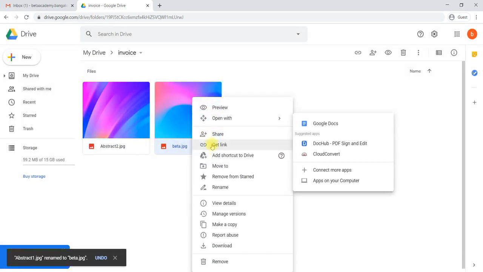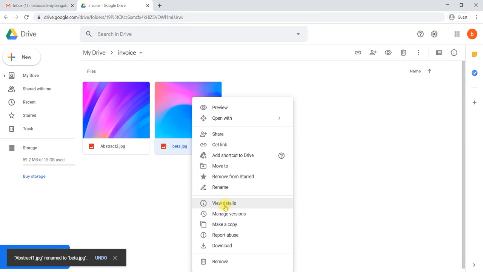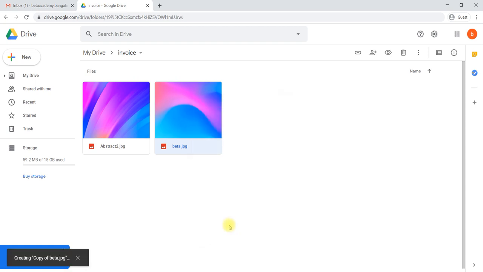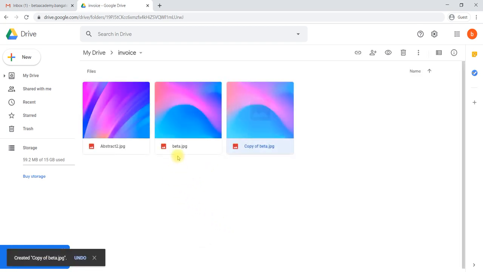Then view details, which kind of folder it is, everything you can get. And make a copy. For example, you would like to make a copy of the same document. That is also possible. You can create a copy of the document to edit. One will be the original, one will be a duplicate.